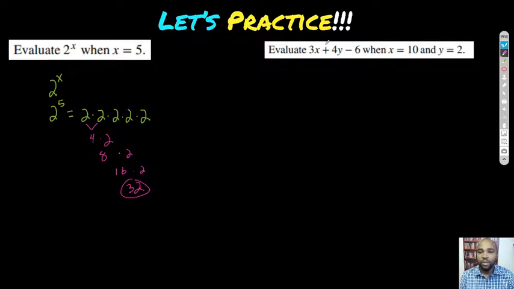Well, let's evaluate this one. 3x plus 4y minus 6 when x equals 10 and y equals 2. So we've got two variables here, but it doesn't matter, because they told us what each variable equals. We just simply need to plug it in. So let's rewrite it. 3x plus 4y minus 6. But this time we're going to replace the x with a 10 and the y with a 2